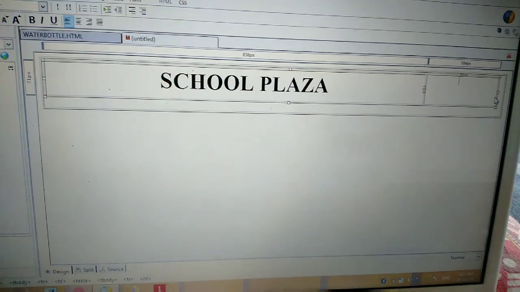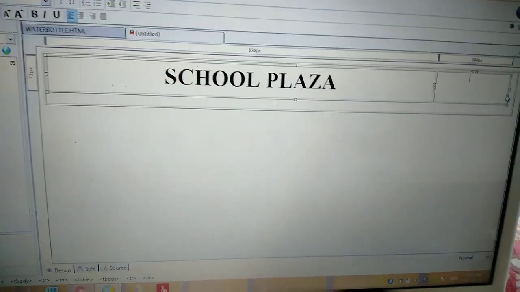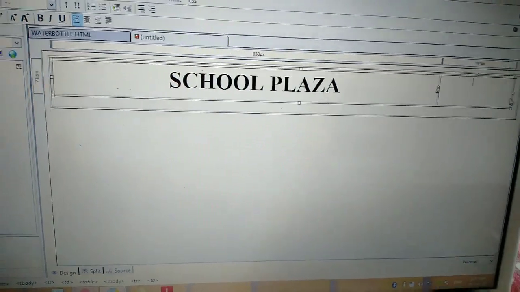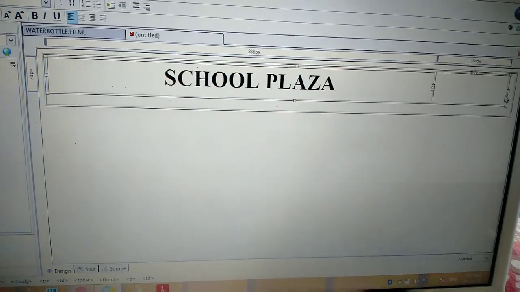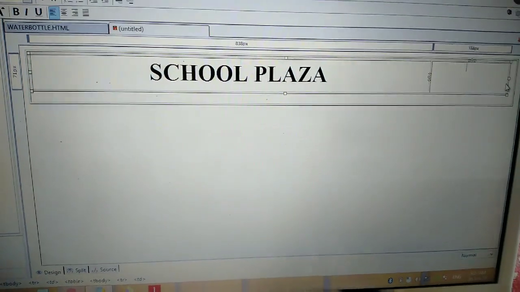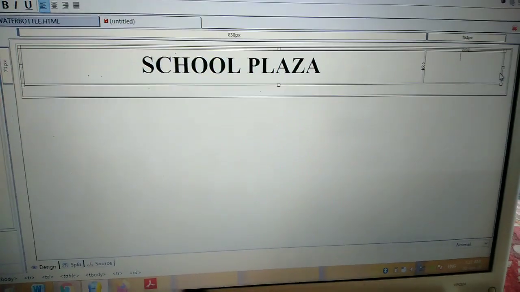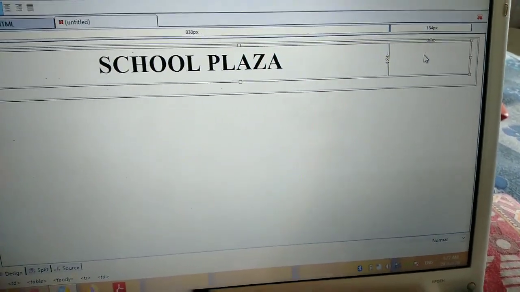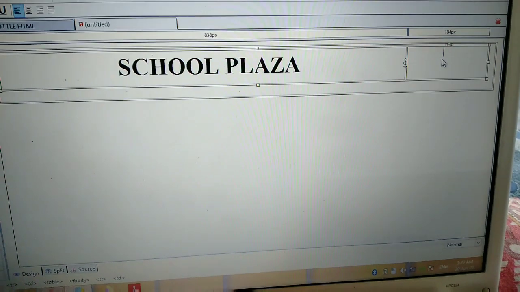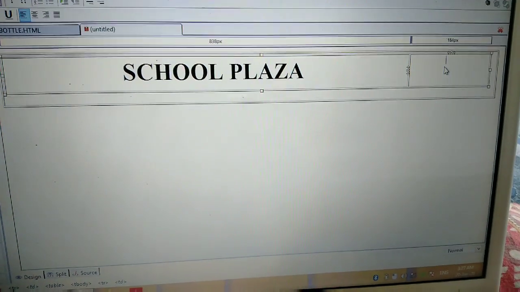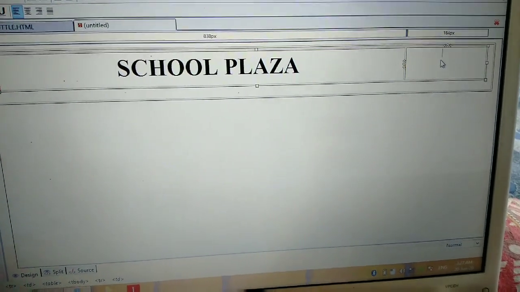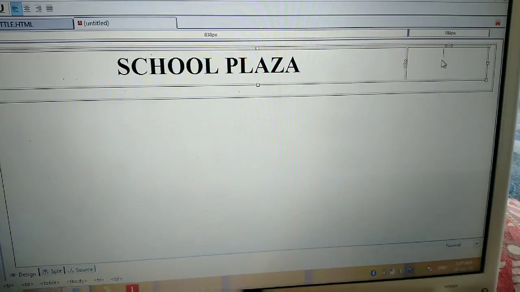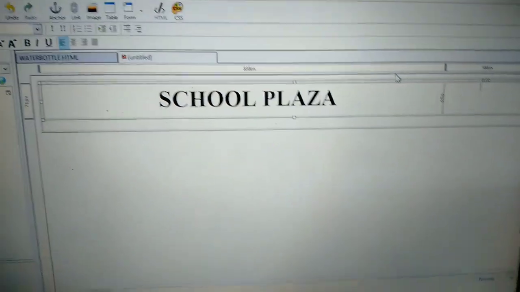Your first step is designing. Your website should be designed properly, so you have to take care of each and everything. For increasing and decreasing your cell size, you have to press the spacebar key or backspace key.